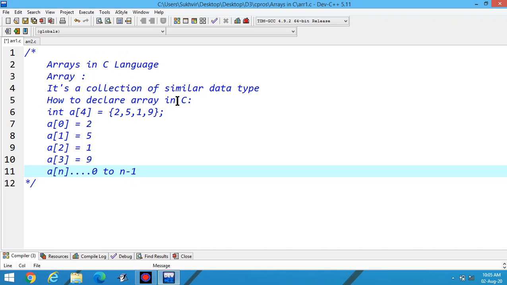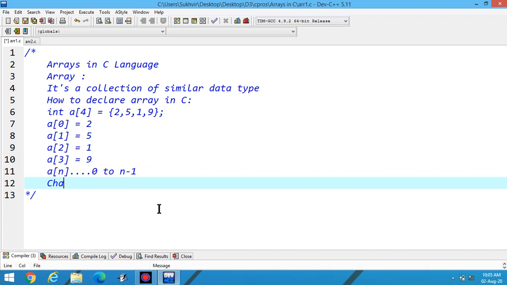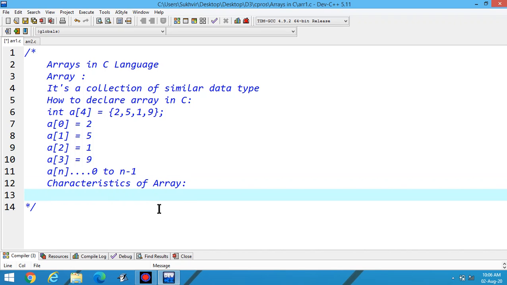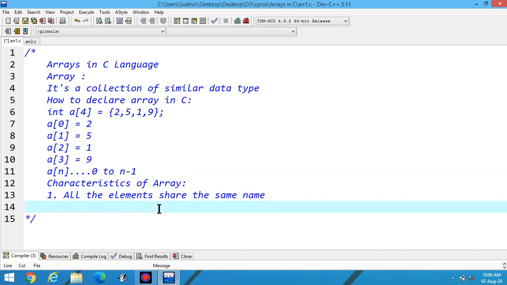This is the definition and declaration of array. Now, after this, what are the characteristics of array? Number 1, all the elements share the same name.